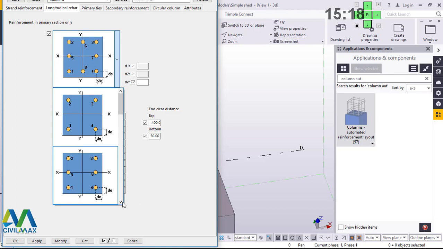We have 6, and we have 6 also, but twisted in another way, and we have 8 of them. We have 8 but in a different arrangement. We have also 8 but a different arrangement. We have 10 but a different arrangement. So it's up to you to pick the appropriate or preferred column reinforcement for a particular